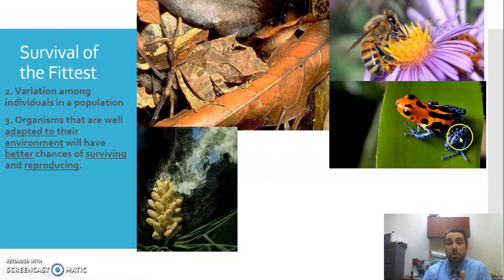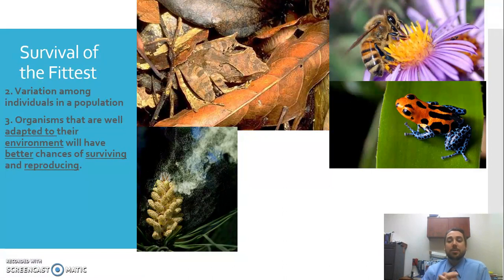Same thing here. We have our blue jean frog, our poison dart frog. It has developed an adaptation where it has inherited this characteristic of toxicity. So organisms learned that a frog that looks like that is not going to make you feel good, so don't eat it. And so the predators have learned to avoid them, right? Or others have developed a variation that allowed them to digest these. So there's a whole gamut when we think about predator-prey and how they're interacting in their community.